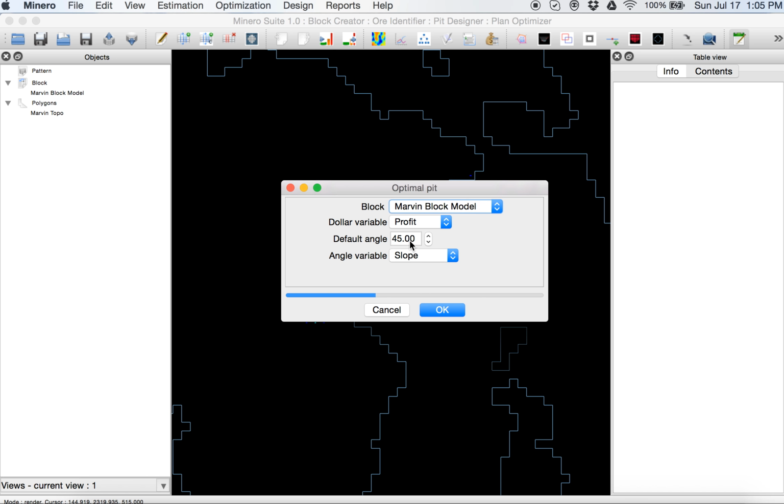So I am using variable slope, which basically uses the geotechnical block model. This Marvin block model has 62,220 blocks.